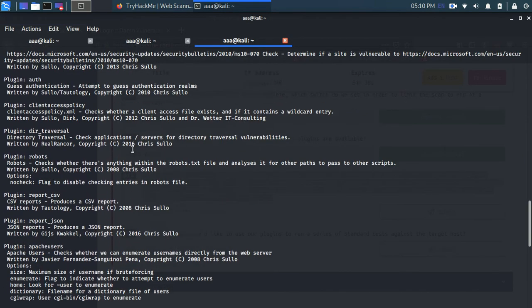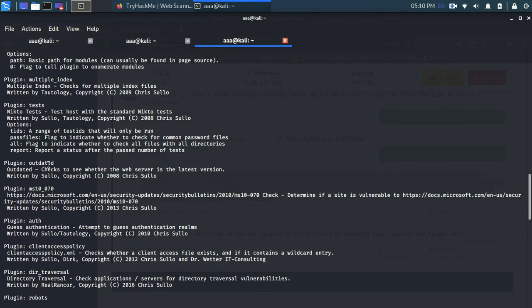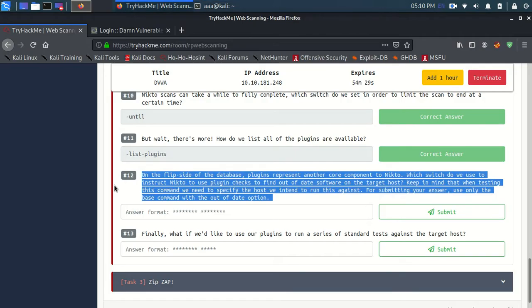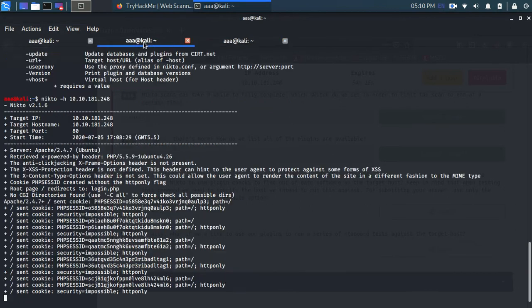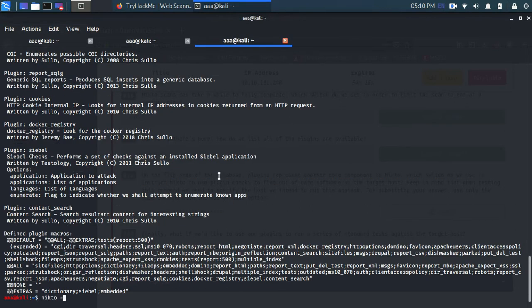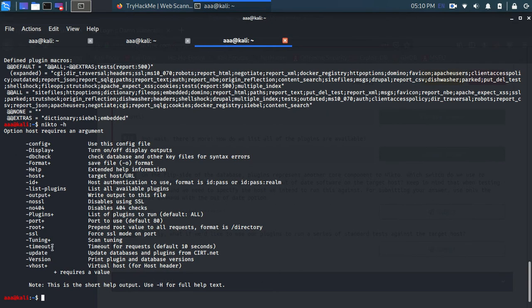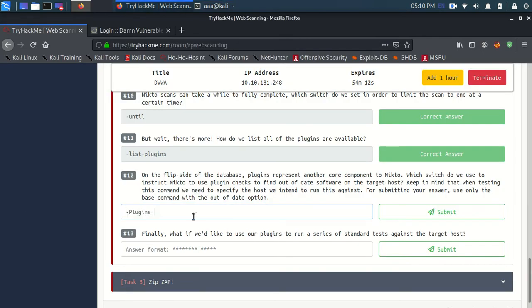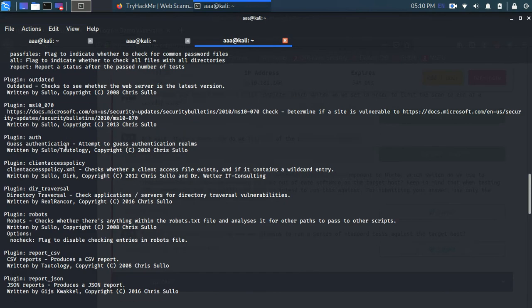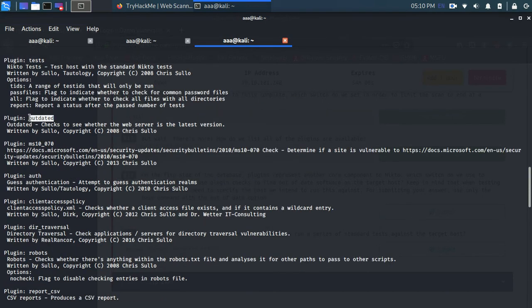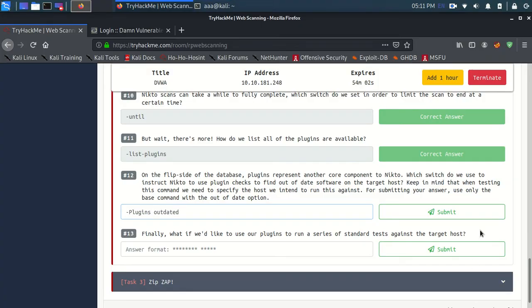There are many plugins over here, and this plugin, outdated, is sure to check for outdated stuff. So it will be nikto -plugins and outdated. Where's outdated? Here. And let me submit this.